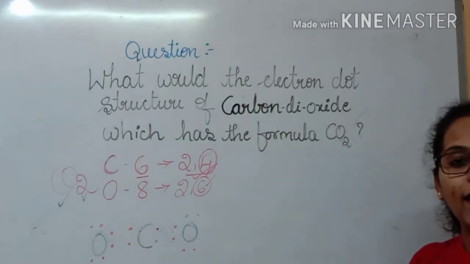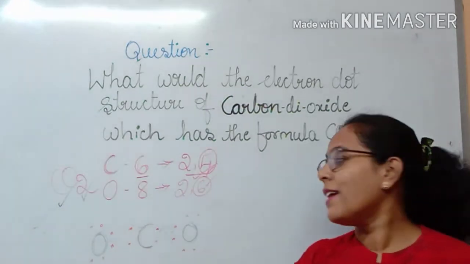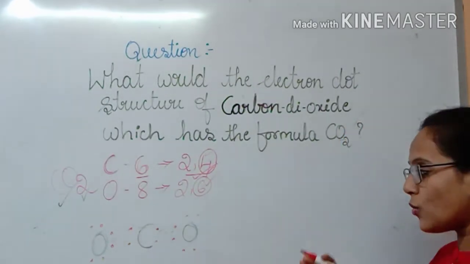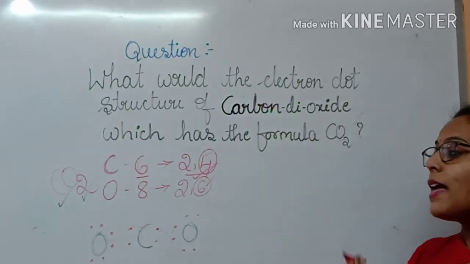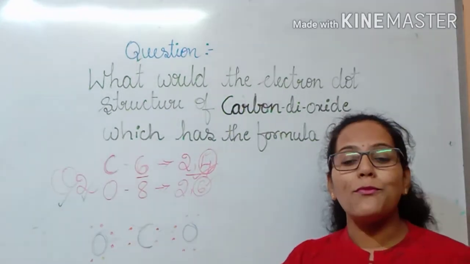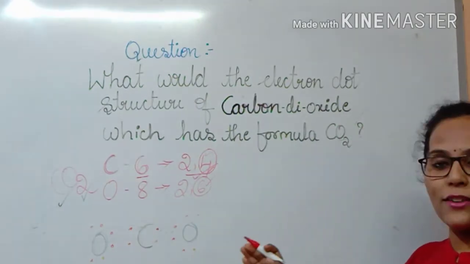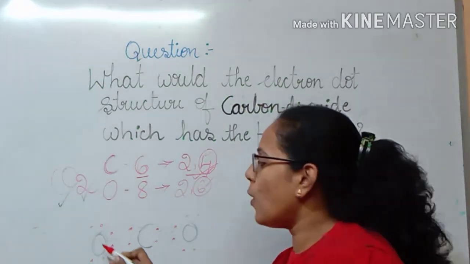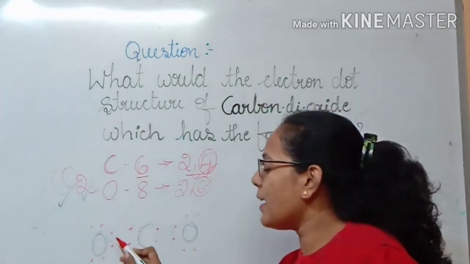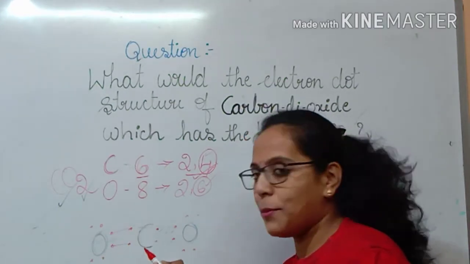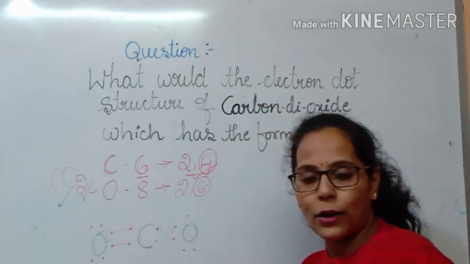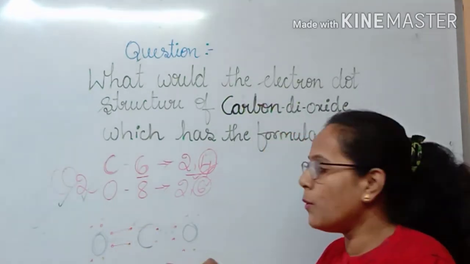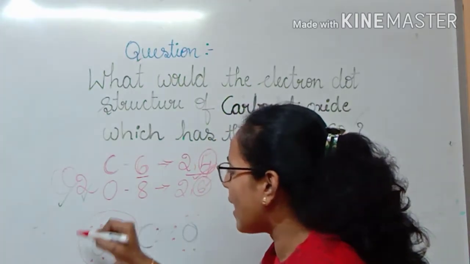How do they obtain it? You already know, right? The carbon shares electrons with the oxygen and the oxygen also shares electrons with the carbon. They form a covalent bond. By forming the covalent bond, these atoms share the electrons. Now, if you look at oxygen, oxygen is having 6 valence electrons, correct? And it will share 2 electrons with the carbon. Already it was having 6 and it shared 2. Totally how many now? They have become 8.